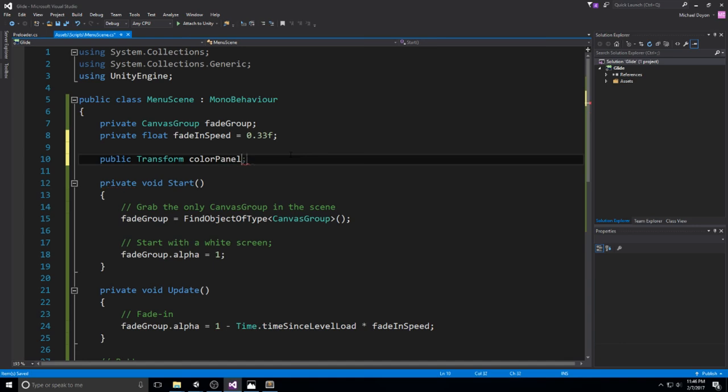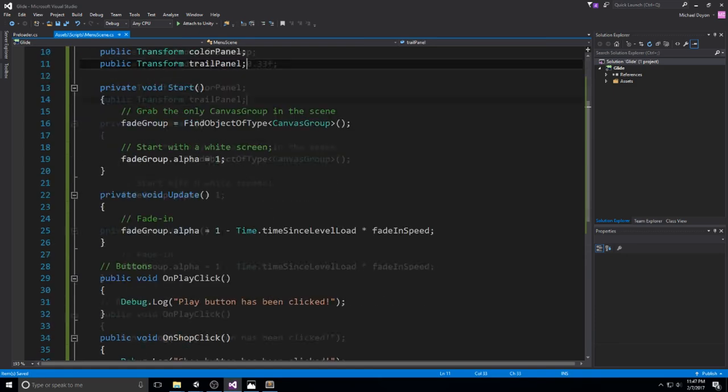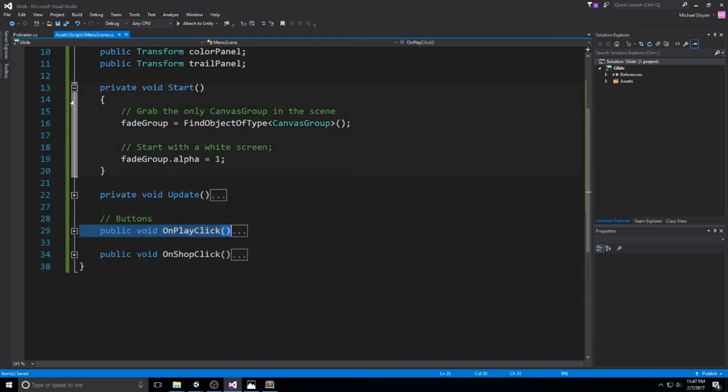One's going to be the color panel, and of course the other one's going to be, you probably guessed it, the trail panel. Okay, so we have these two in memory now. We're going to be needing them a little bit later on to add function to our buttons. But if we just head down here, just in between the button section and the private void